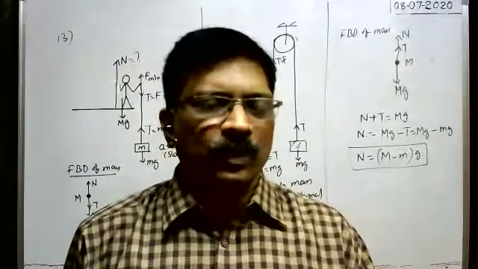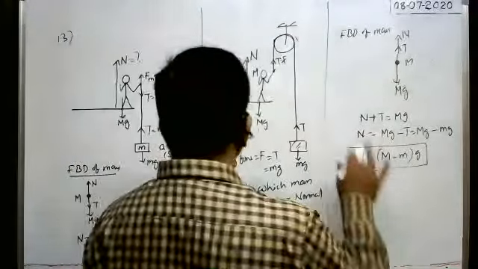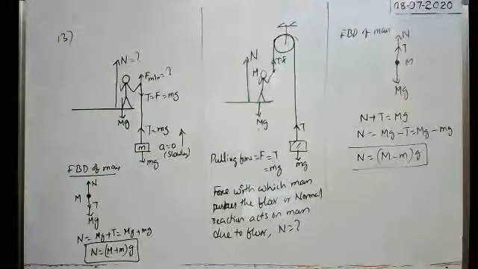If you pull the bucket directly with the help of the rope, in such case, with more force we have to push the floor in the downward direction. Due to that, the floor may be damaged. That's why, generally, to lift, it is easy to pull the bucket upwards with the help of the pulley only, because a small force is enough to pull the bucket or the block upwards. So this is the other case.